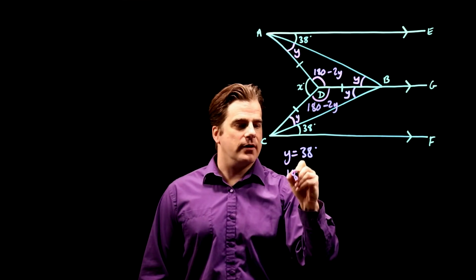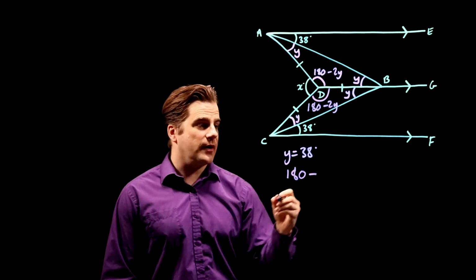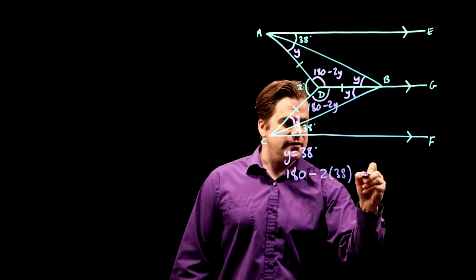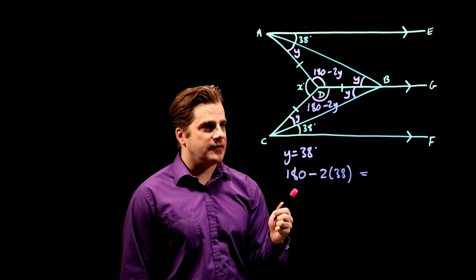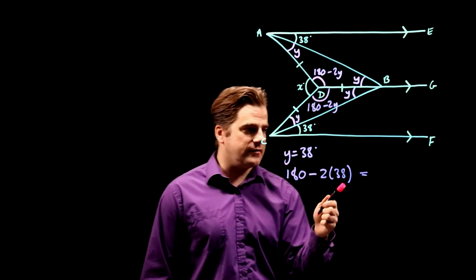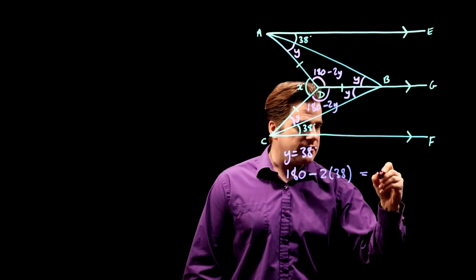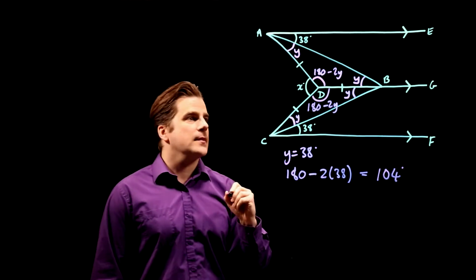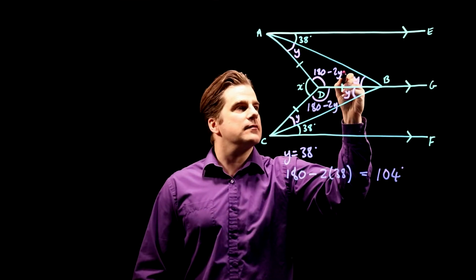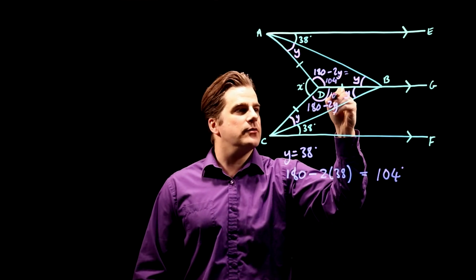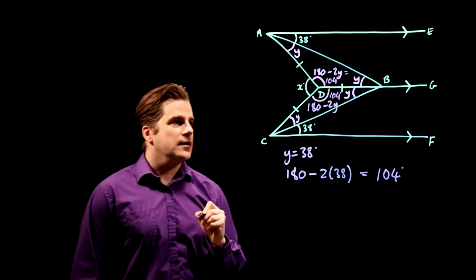So 180 minus 2y is 180 minus 2 times 38, which is 2 38s is 60, 2 8 is 16, 76. So it's 180 minus 76, which is 104. Okay. Right, so that's 104 degrees. Okay, that is also 104 degrees. So therefore,